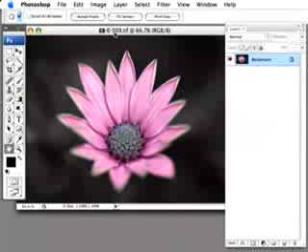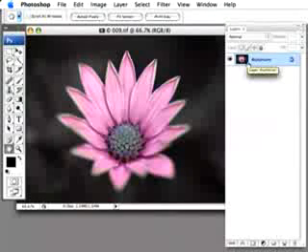I'll show you the process. I've got an image right here. It's not a Smart Object layer, so if I want to add